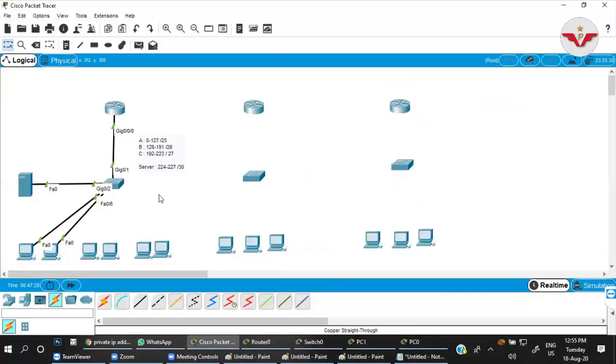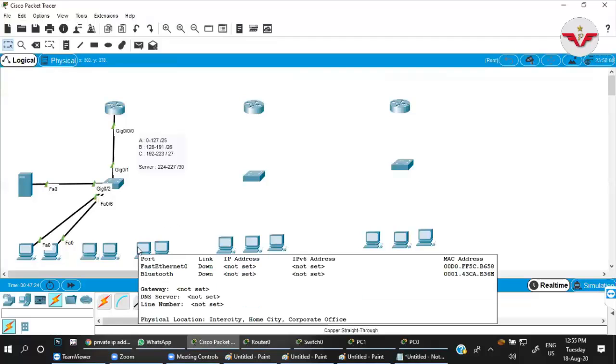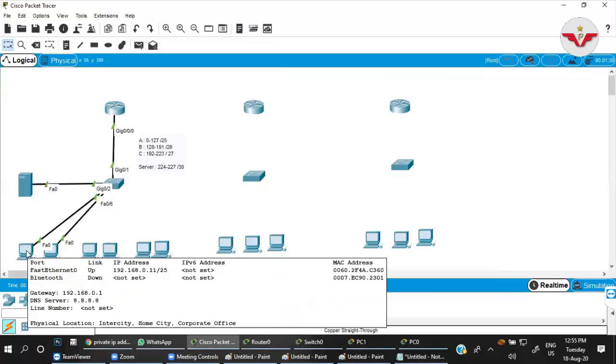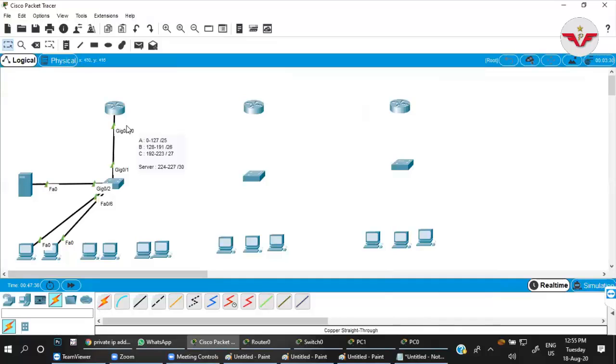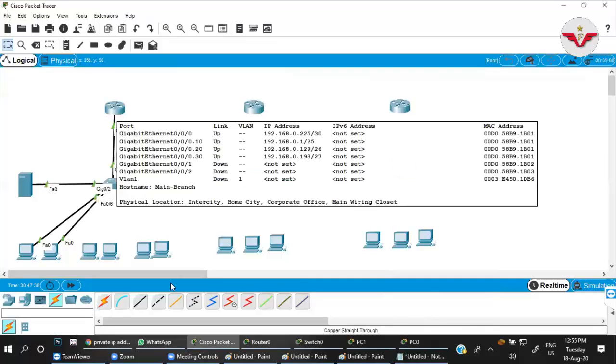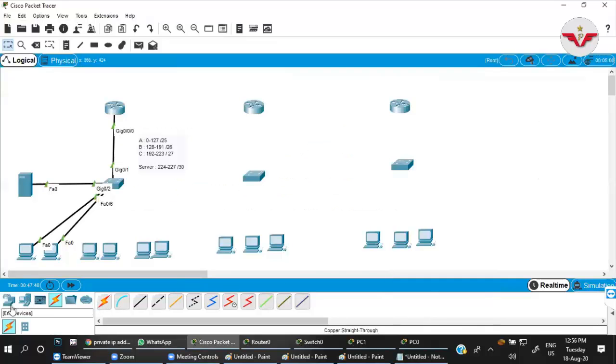Now, if I manually give IP 1 to any PC, it will show an error. Now remove that 11 and give IP 1. One is already used by the router. Then just 2, right? Yes, definitely. That is why we have reserved these IPs, so that we can provide that IP manually to any PC. Let me do it for you.